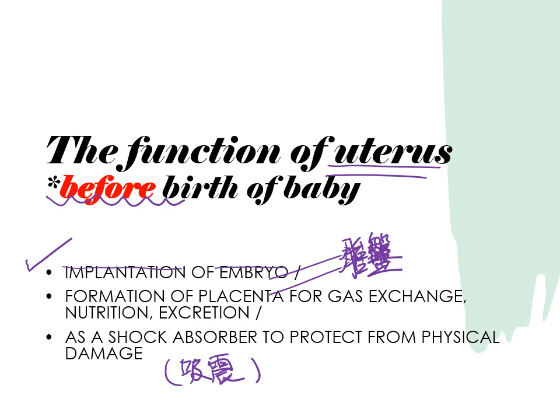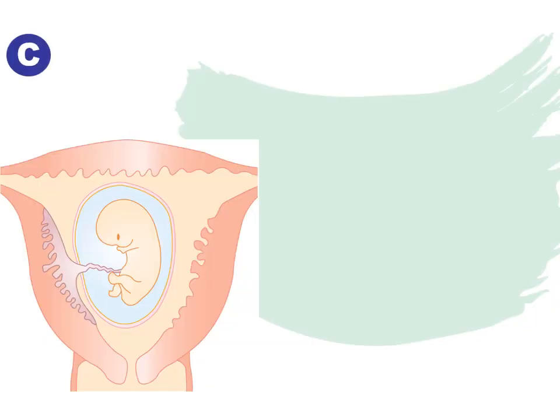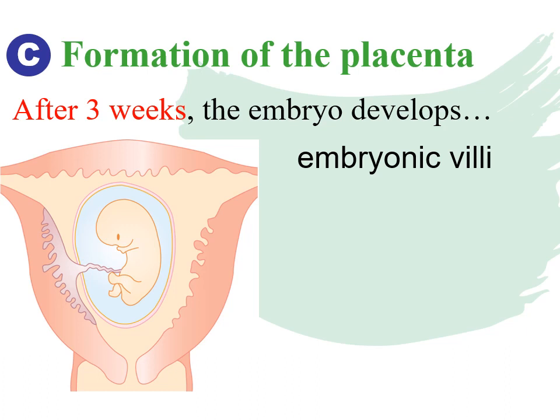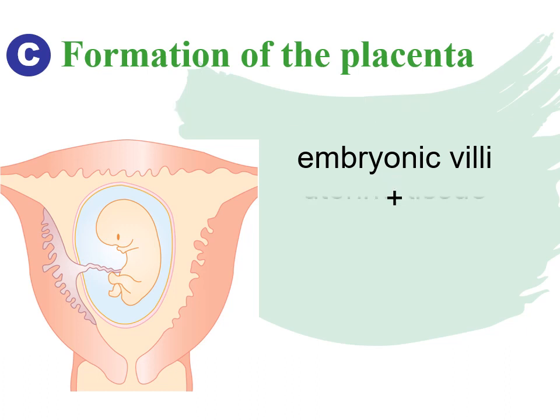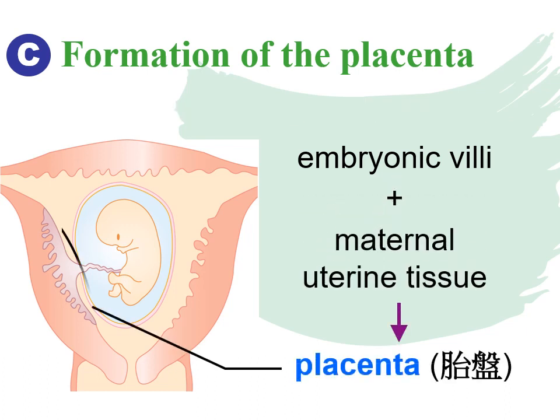implantation of the embryo, or it allows the formation of placenta for gas exchange and nutrient exchange or excretion. You can also tell me that your uterus acts as a shock absorber to protect the baby from physical injuries. After 3 weeks' time, the embryo will grow bigger, and then the embryo will grow out